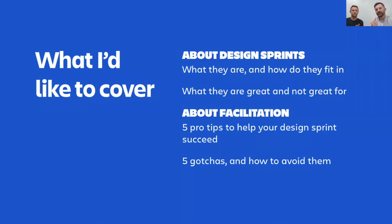Here's what I want to cover. I do want to touch briefly on what design sprints actually are, what they're great for, what they're not great for, just so we can level set a bit there. Once that's done, we'll get into the meat of what I really want to talk to you about, which is